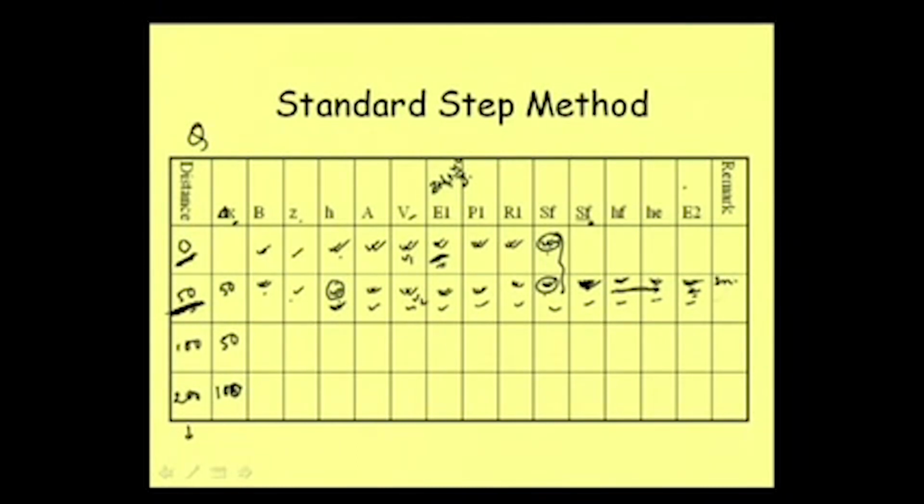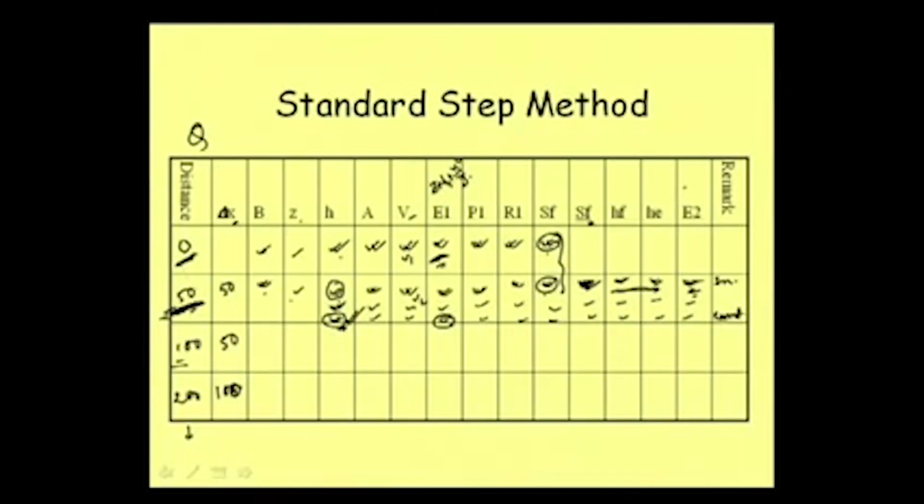Say first is incorrect, then second we are checking it, maybe again incorrect, then we will go for another trial, and finally after some trial we will be getting, suppose, the correct value. That means for the 50 days distance, this H what we are taking is the correct H. So then we will go for the next 100 and we will follow the same procedure, and the energy E1 will take the value corresponding to the ultimate H we get as correct, and we will keep on computing, and then we will be getting the depth at different sections.